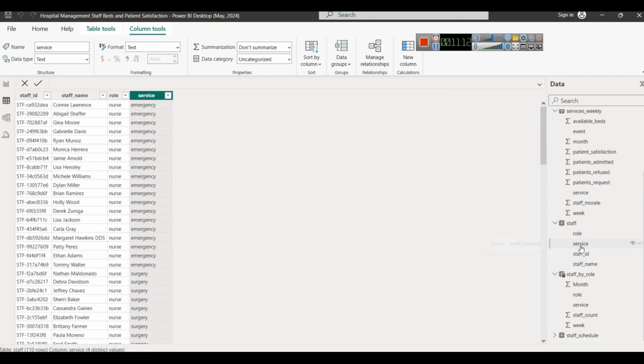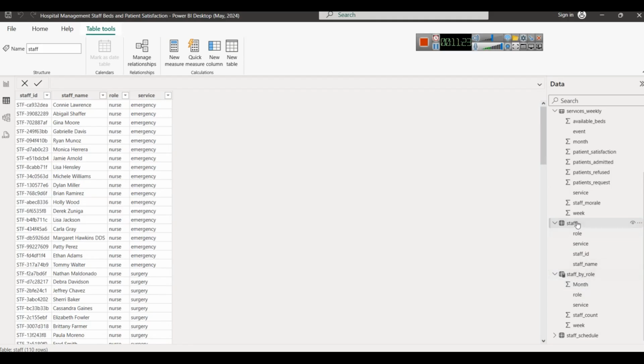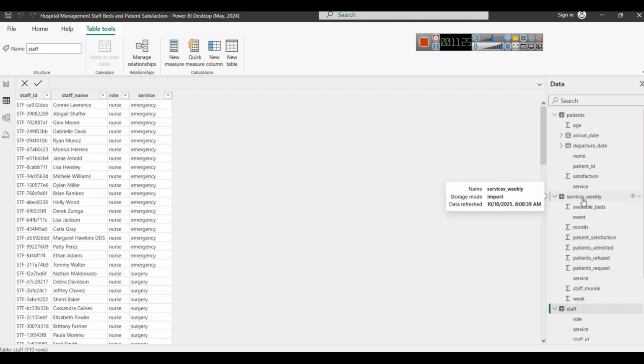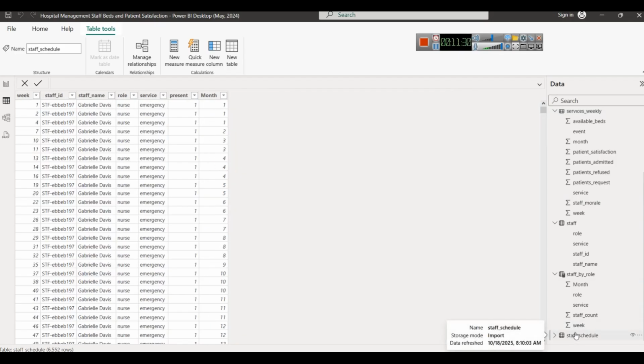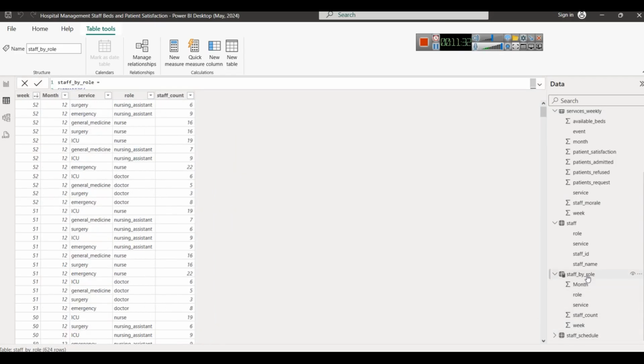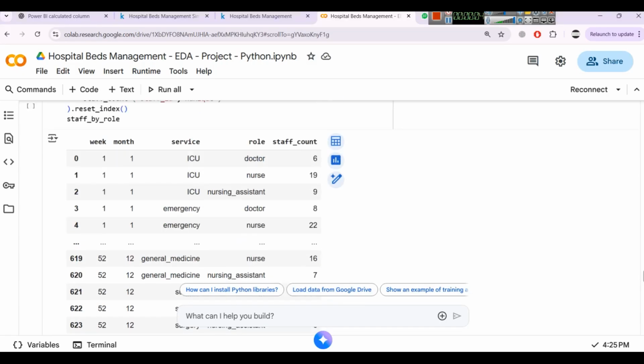So if you see patient service, service weekly, service, then we have a staff by role. Here also we have service, and this is a calculated table, which is just a copy of the staff schedule table where we just have added month, and then we have grouped by so that we can get this type of data. Now after we have our staff by role table where we have a staff count,